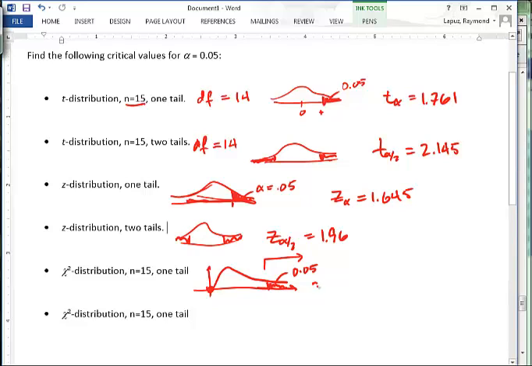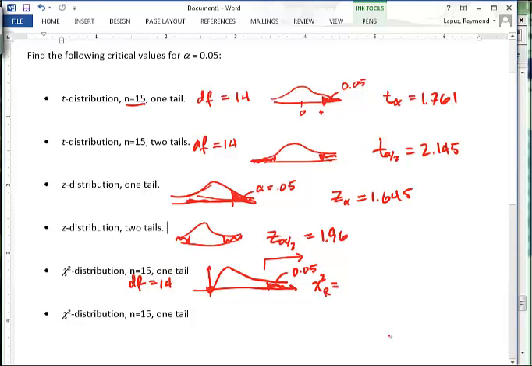So your chi-square, and we have to call this chi-square r. I guess we don't need to label it r or l, but since it's on the right side, we might as well look at it as chi-square r at 0.05,